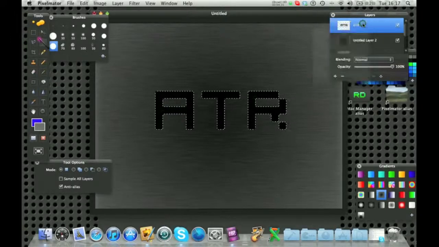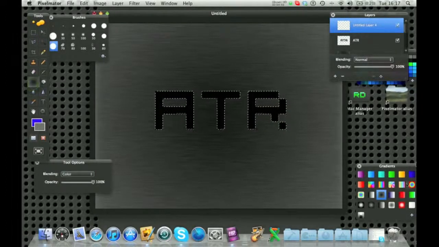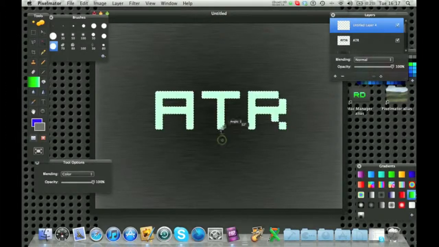You then make another new layer, and in this one you're going to want to put down another gradient. I've already made one, which is a dark green to white with lots of other shades of green in between to make it consistent, but you can use any colours you'd like, and you just drag that in there,